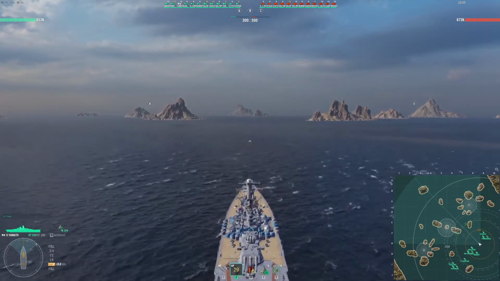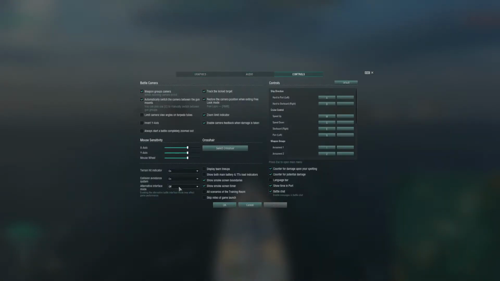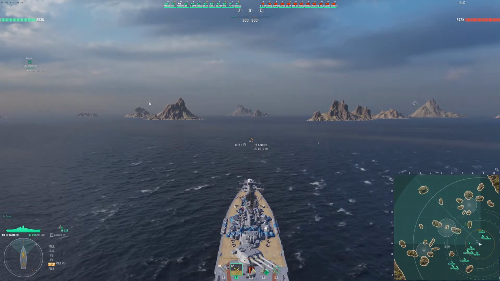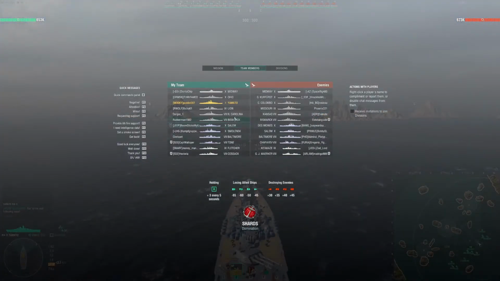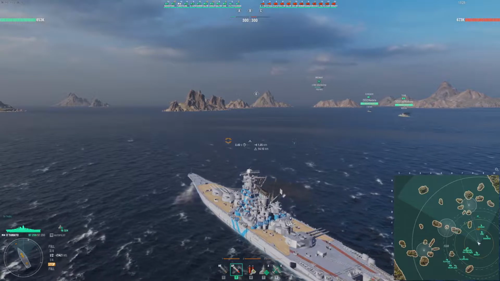This one is sent in by Puddin, but first let's get the controls for the full interface mode started. There we go. So this is sent in by Puddin597 on the North American server. He is in a Yamato on the map Shards. I have a CV per team. As you can see, 5 battleships, 4 cruisers, and 2 destroyers per team. Good mixture from mainly T10s and 8s, so pretty decent